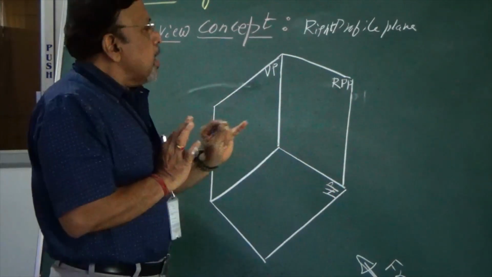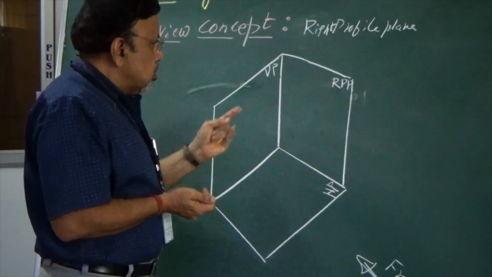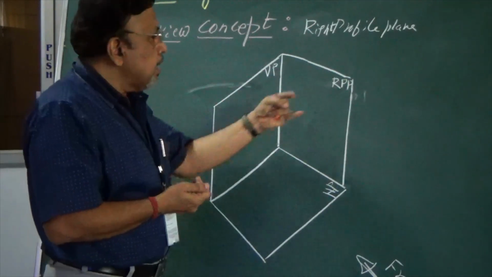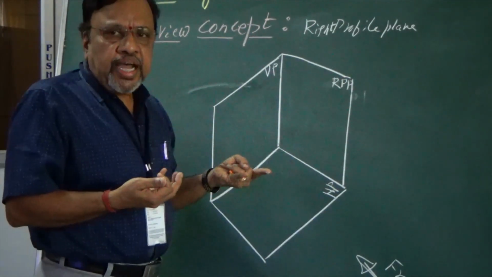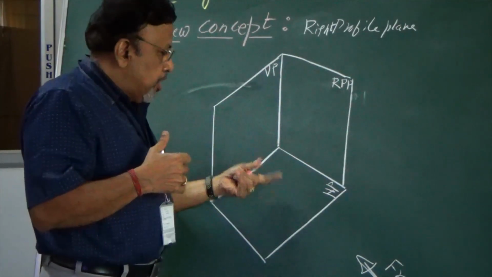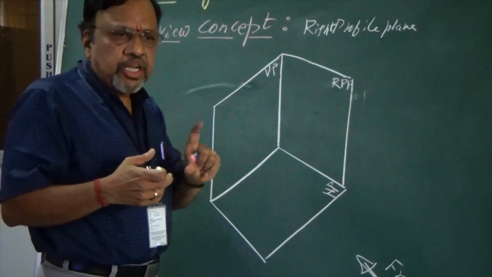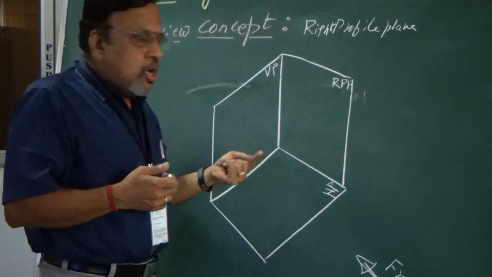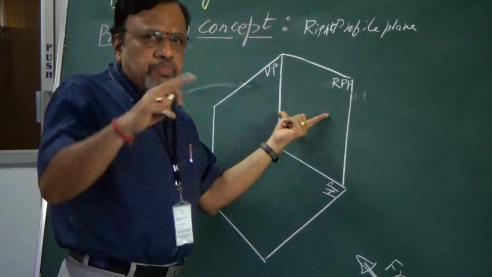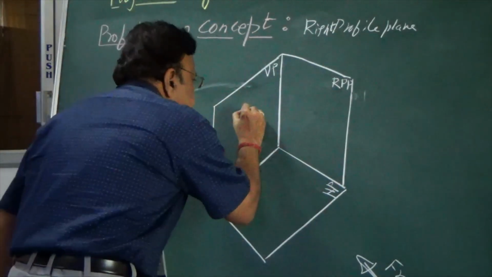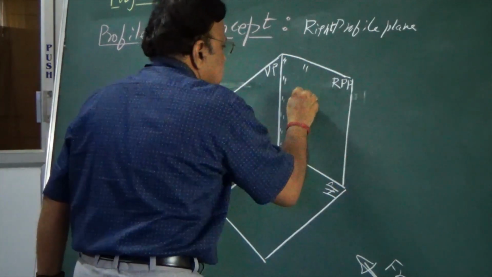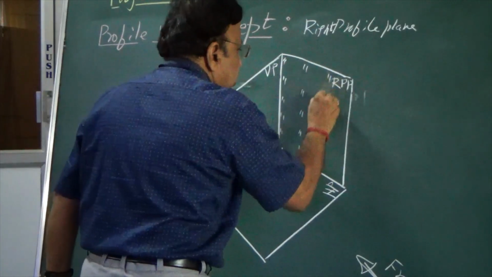Now let us consider a point which is above HP, in front of VP, and at some distance from RPP. If you remember, in the previous sessions when I considered VP and HP, I needed to remember two distances, that is the H distance and the D distance. Now we will consider the reference to RPP also. So that particular distance, let us say I will consider some S distance. Okay, now let me do that. And for the clarity, let me consider this particular plane as right.